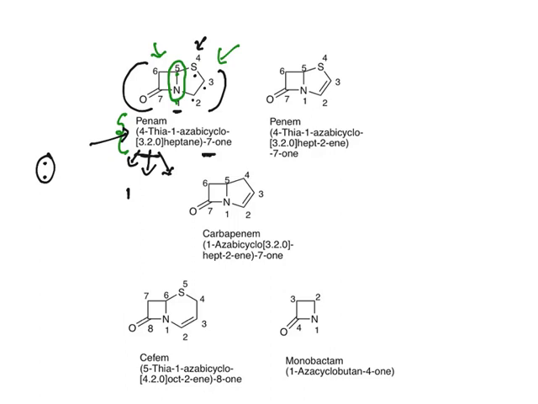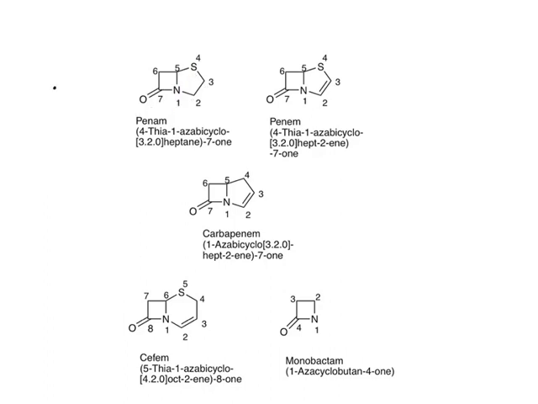Now, heptane. See, totally 7 atoms are there. So, all heteroatoms are also counted and it is called heptane, and at the 7th position a double bond O is there, hence it is known as 7-one. So, this is a brief nomenclature. Again, 4-thia, at the 4th position thia, at the first position aza is there, bicyclo, 2 cycles are there, 3.2.0, here 3 atoms, here 2 atoms, and the bridge only 2 atoms, so it is 0. Heptane, total is 7 atoms, and at the 7th position one is there.